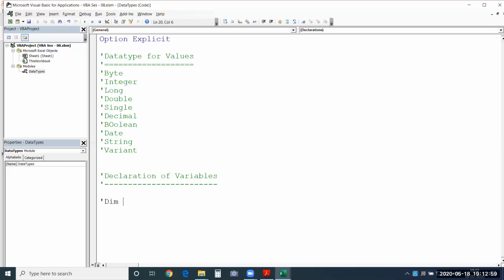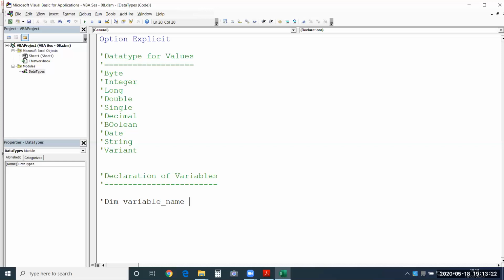After you provide dim, you will have to provide the variable name. So whatever name that you want to provide to your variable. Variable name has got some set of rules. You need to follow those rules to provide a variable name here. It should begin with an alphabet.